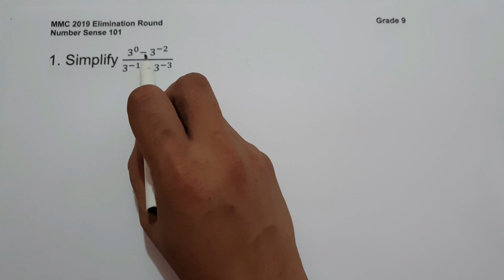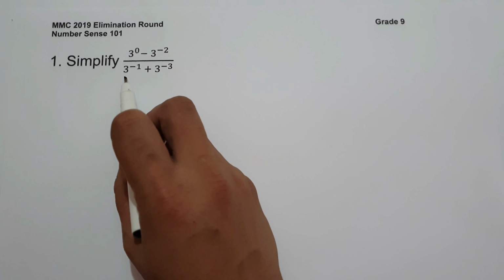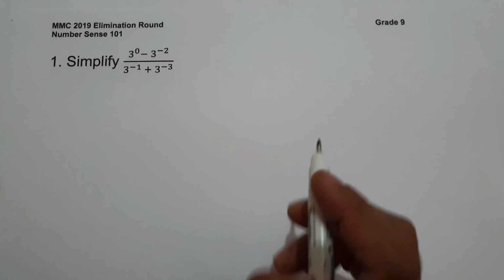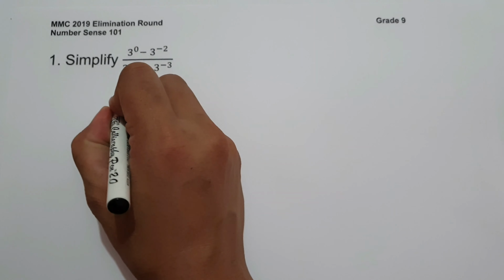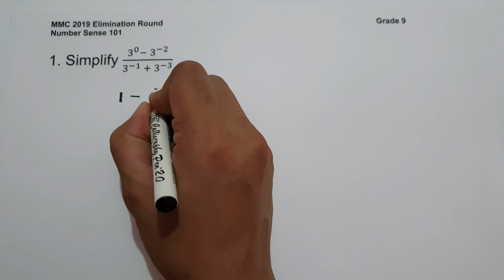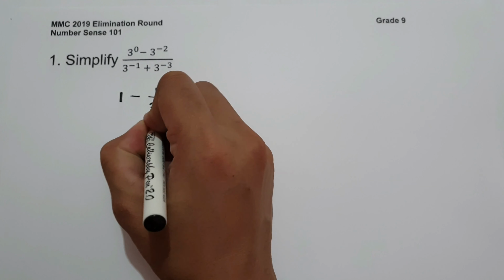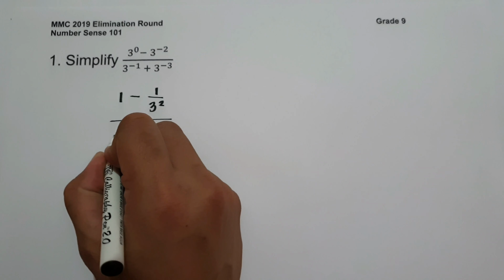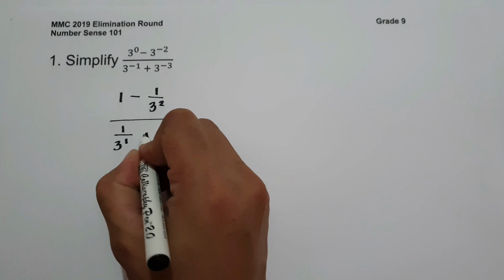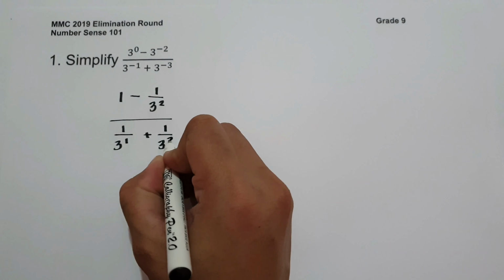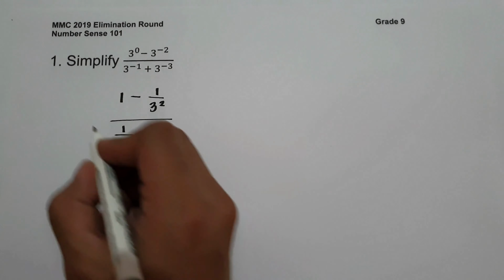On number 1, simplify 3 raised to 0 minus 3 raised to negative 2, all over 3 raised to negative 1 plus 3 raised to negative 3. To simplify the given expression, we have 3 raised to 0, that is 1, and we have a negative sign. 3 raised to negative 2, that is 1 over 3 squared, over 3 raised to negative 1, that is 1 over 3 raised to 1, plus 3 raised to negative 3, that is 1 over 3 raised to 3. And to simplify, we are going to have